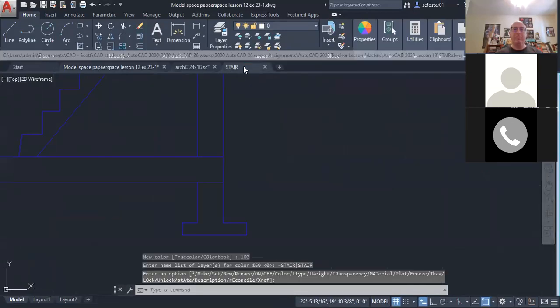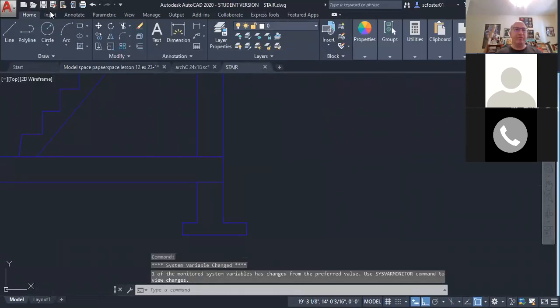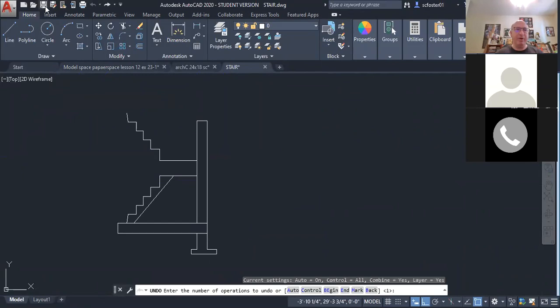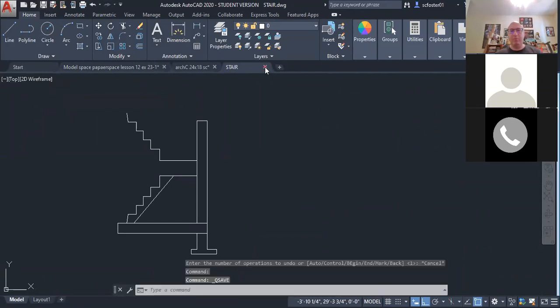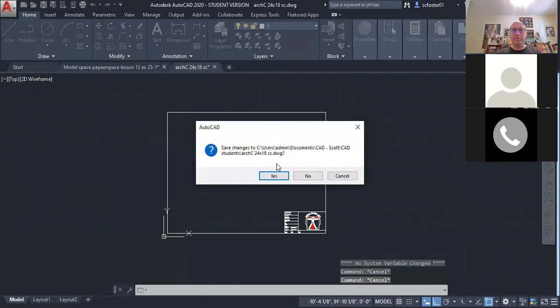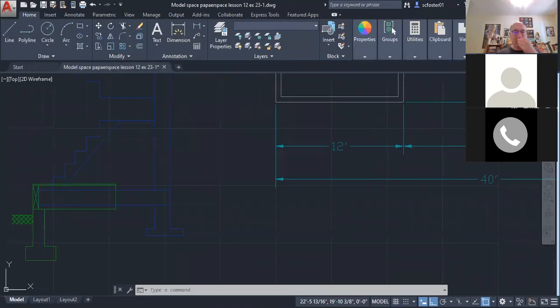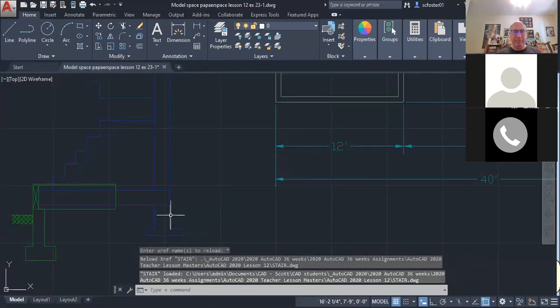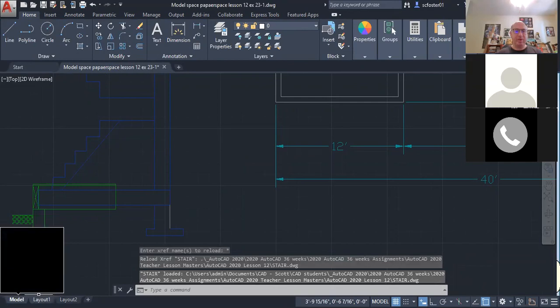Now, for the purpose of this exercise, I'm going to undo and save because I want to leave it with the mistake. Again, jump back to my drawing with my XRefs in, and I get a pop-up in the bottom right corner that says my external reference has changed. So there's that mistake again. Layout,